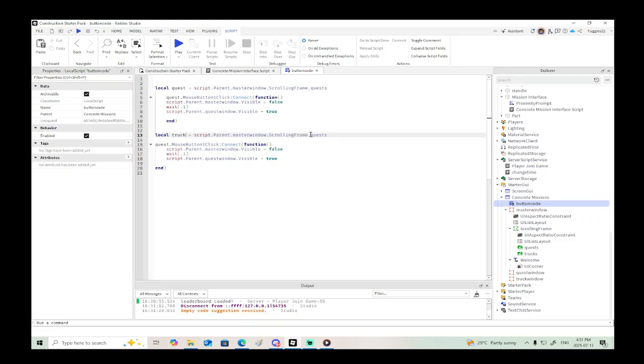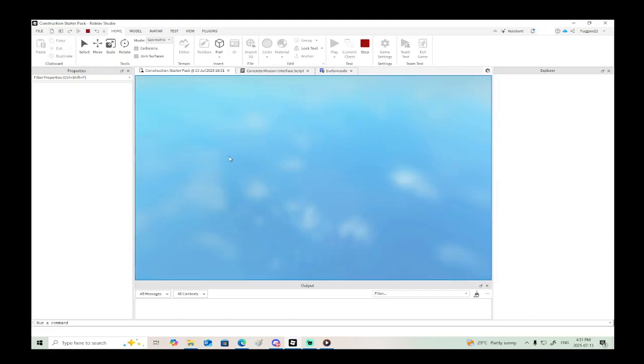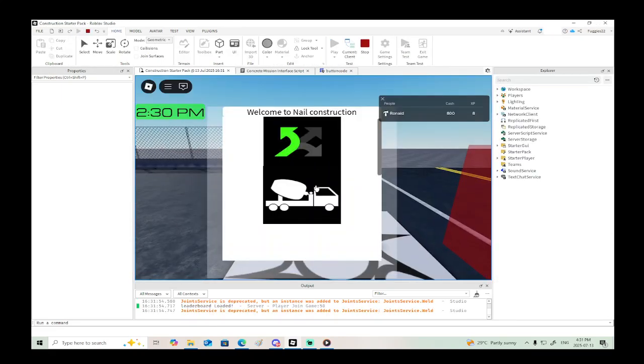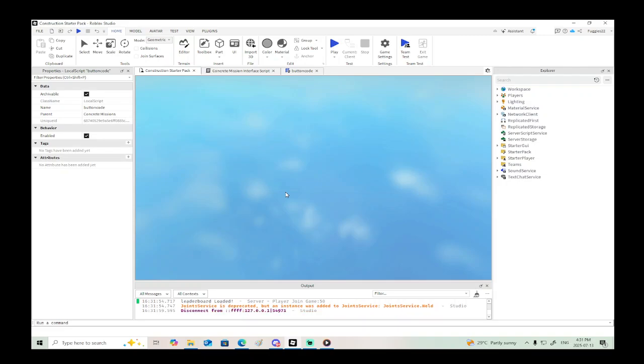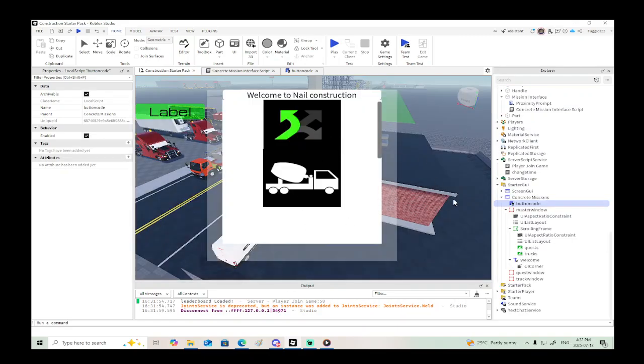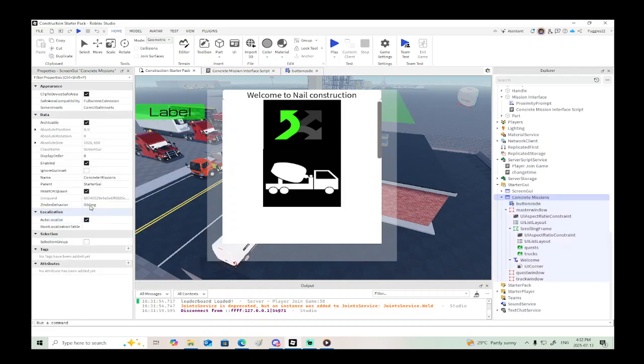Truck. Trucks. And then we need to say truck. All right. There we go. Perfect. So now what's going to happen is, separate to this interface, okay, separate to this interface,